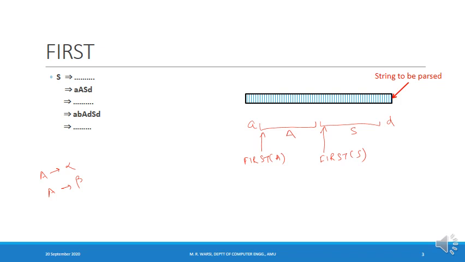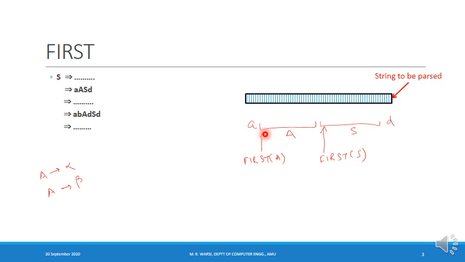So these are the two productions which are there from capital A. That means if I want to expand the capital A in the next step of the derivation, either this capital A can be expanded using the first production, or it can be expanded using the second production. Now the question is, how does the parser know whether to use the first production for expanding capital A or use the second production for expanding capital A? In order to take this decision, the parser will look at the first symbol of the component which is derivable from capital A.